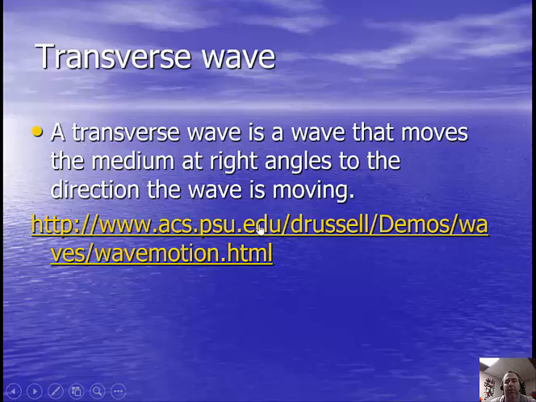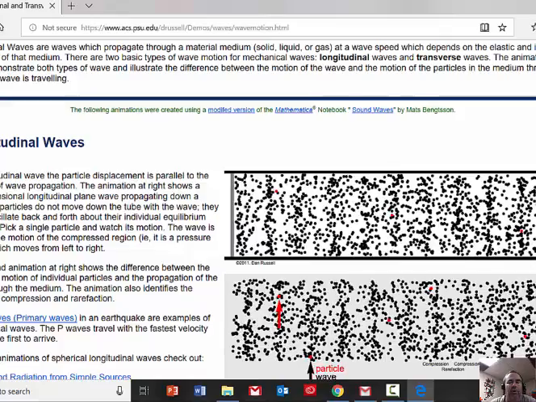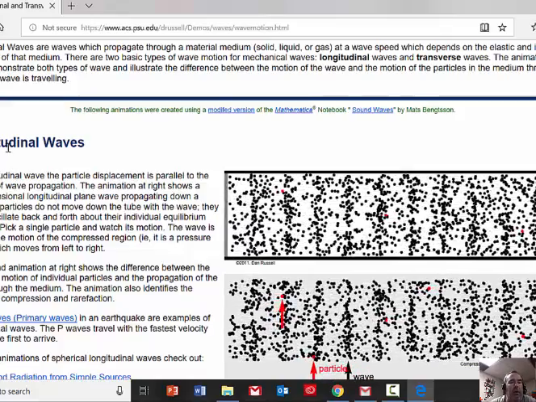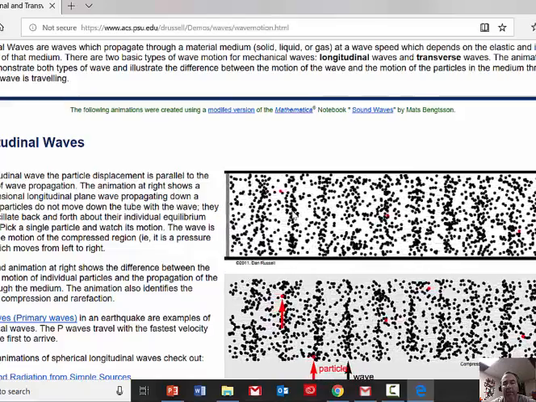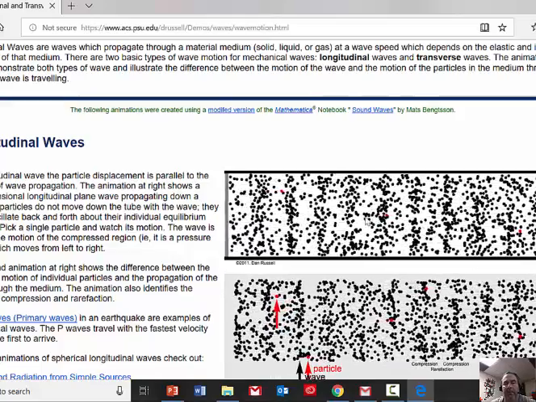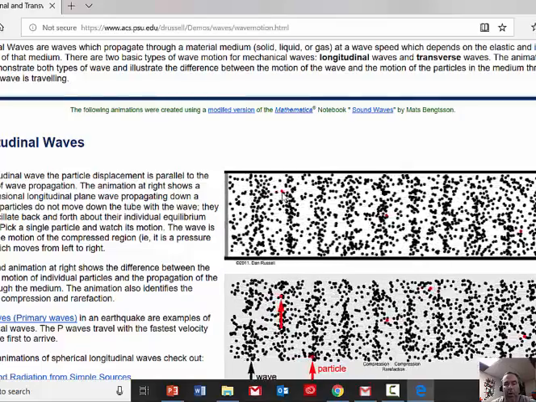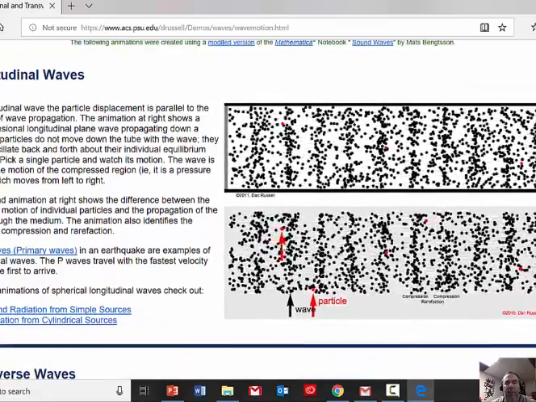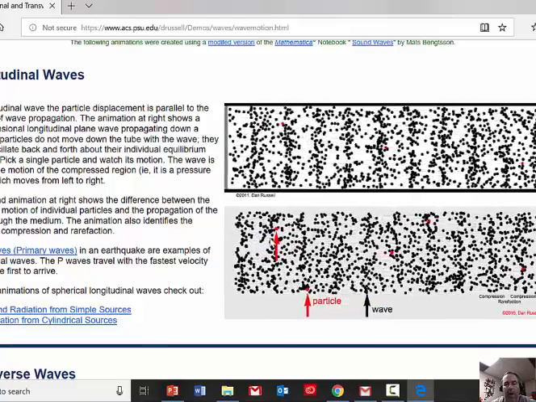So when we go to this graphic, okay, the first one, they call it a longitudinal wave. In our book, we're going to be calling it a compressional wave. When you look at this, as I follow it, it looks like everything is moving all the way from the left side to the right side. But you can see this red dot here, and if you follow that red dot, it's going forward and it's going back. This picture down here, actually, the arrows are showing you better. Going forward and back.